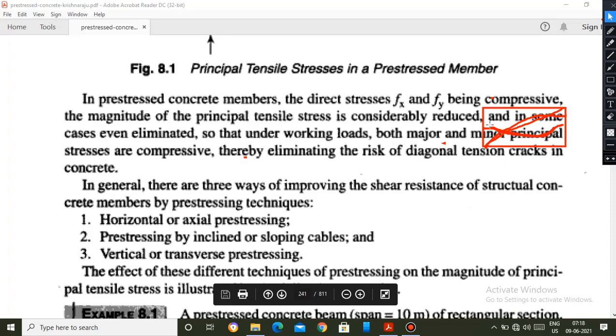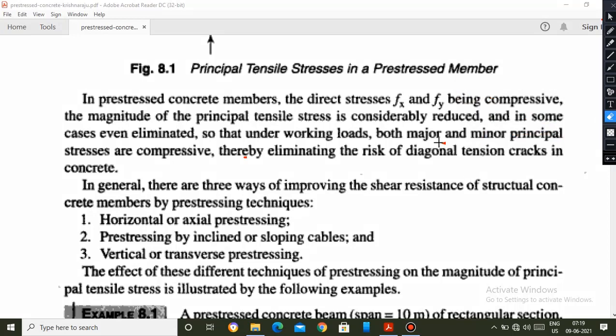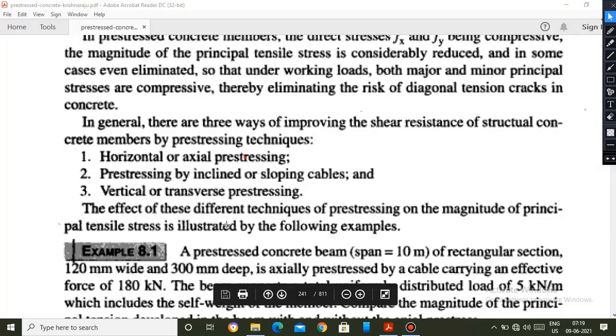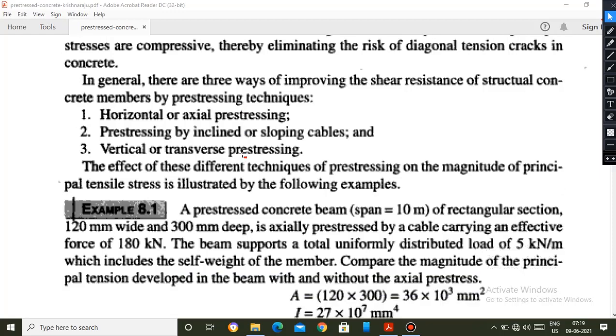And coming to the next one, vertical or transverse pre-stressing. Vertical or transverse pre-stressing also keeps the tendons in this direction. If by hydraulic jacks you stretch the tendons, the pre-stressing force generated in the structural member will reduce the diagonal tensions developed in this member. In this way, we can improve the shearing resistance of the structural member, which does not give more tangential stresses, that means more shearing stresses along the diagonal tension.